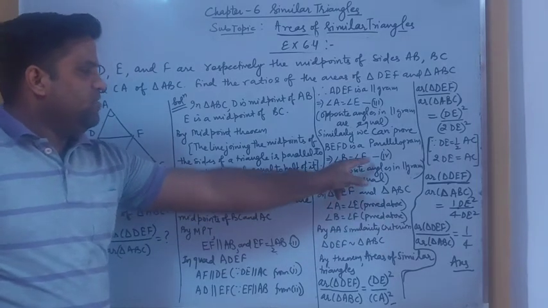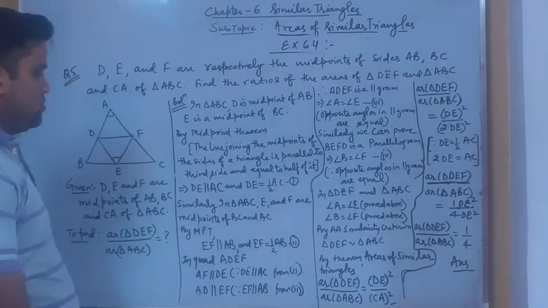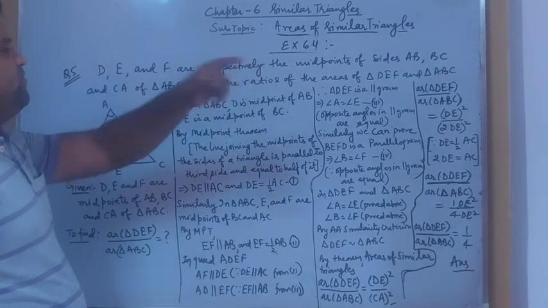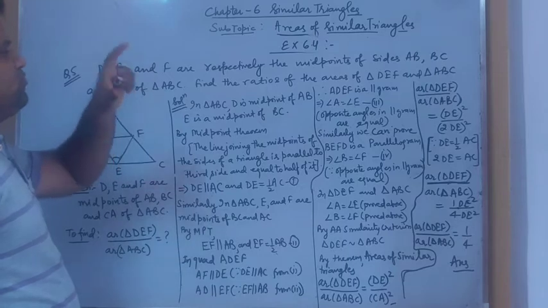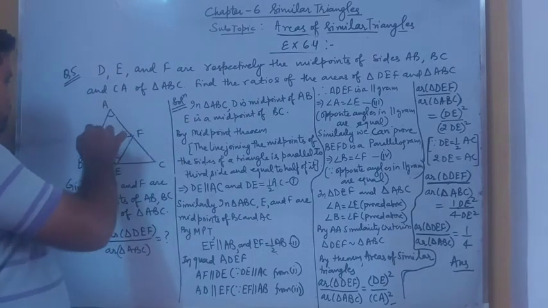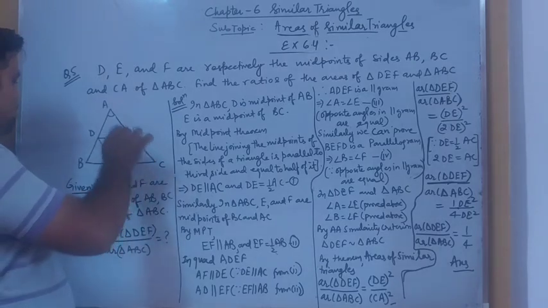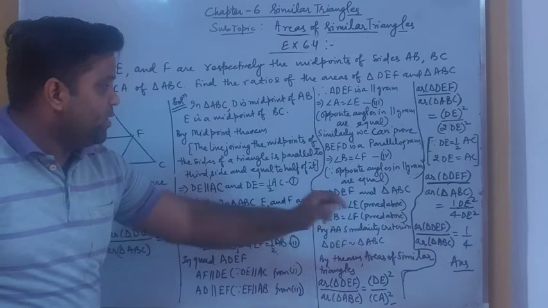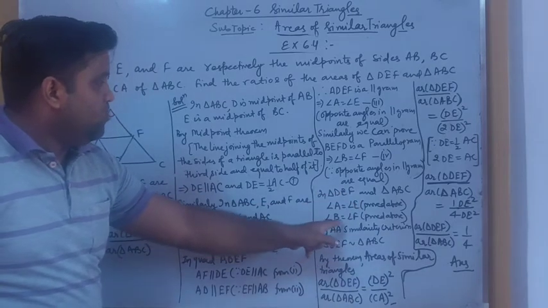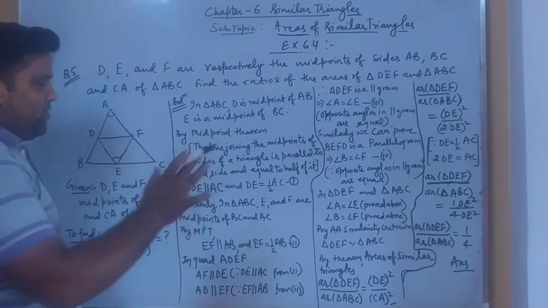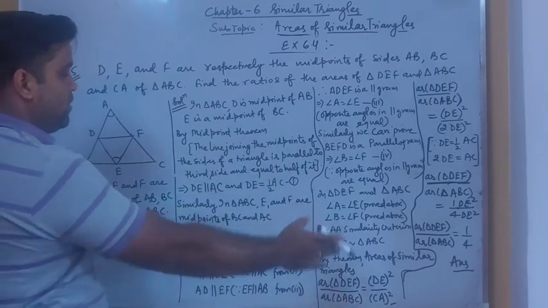So angle B equal to angle F, and we consider it as equation number 4. Now as we have to find the areas of triangle DEF and triangle ABC, before it we have to prove that both triangles are similar. So for this we take triangle DEF and triangle ABC, as we have proved above that angle A is equal to angle E and angle B equal to angle F. So by AA similarity criteria, both triangles will be similar. And when the triangles are similar, we can apply the theorem of area of similar triangles.